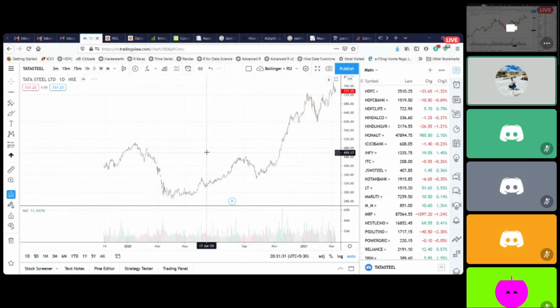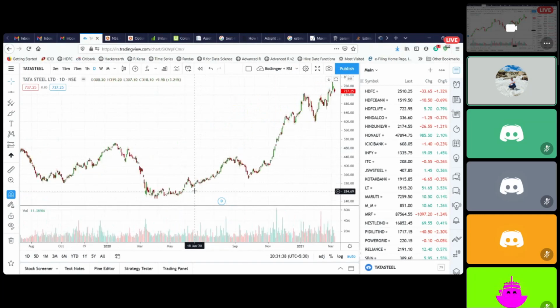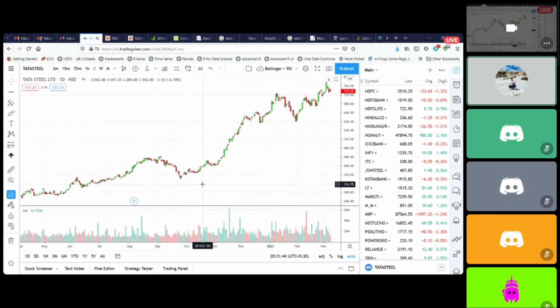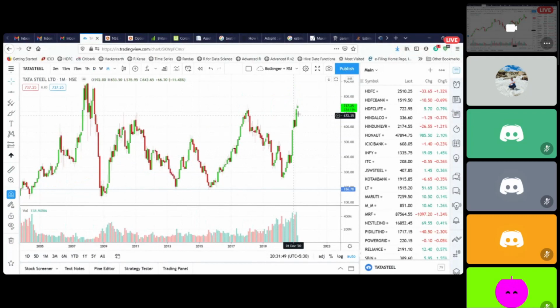And see, Tata Steel has been going up from 280, 290 odd regions, and all the value investors would have loved to buy Tata Steel here. But I have a very different philosophy. I intend to buy Tata Steel when I see that it has already made a high here. So 720 for Tata Steel is a new 10-year high. I mean, 10 year is still a long time period. I can consider it as an all-time high only for all practical purposes.